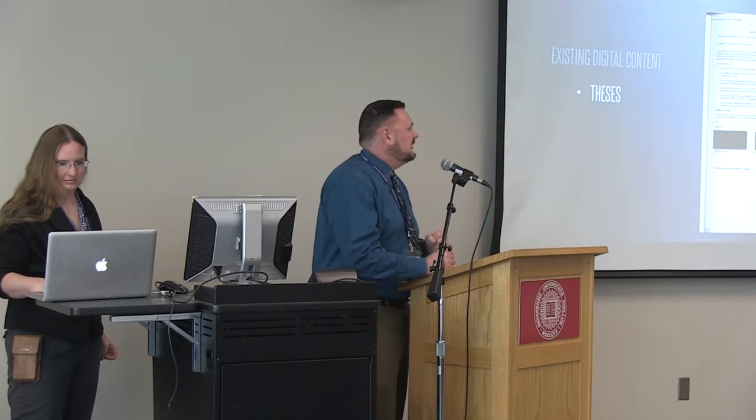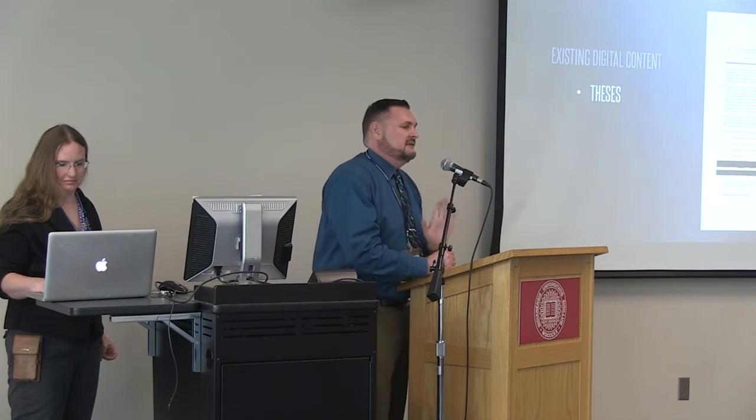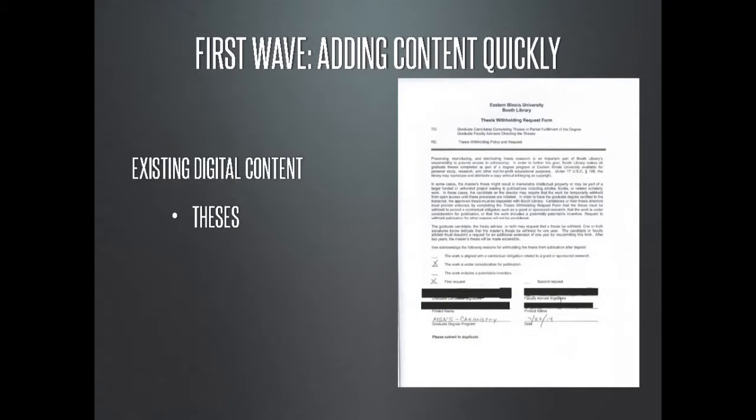In the last year and a half, this form changed again, so now it's split into 2 forms. One is the reproduction form that explains what happens with your thesis when you deposit it. The other is an embargo form. The embargo form, what was just up there, is in place because what we had was 8 chemistry faculty